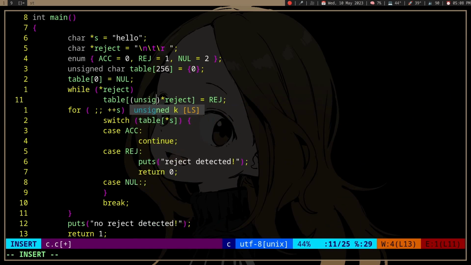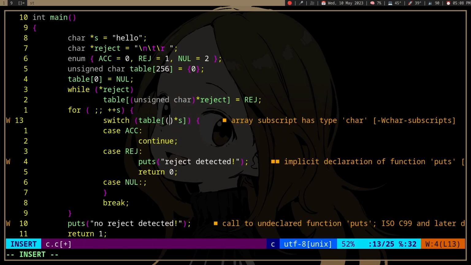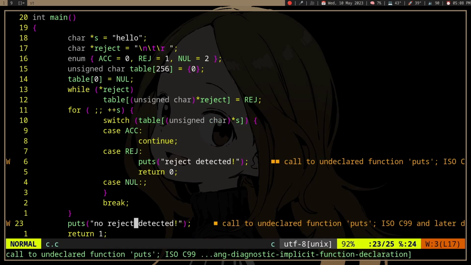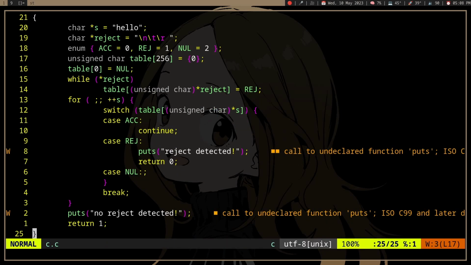And we probably want this to be unsigned char because we don't really want to access a negative index. So, and yeah,